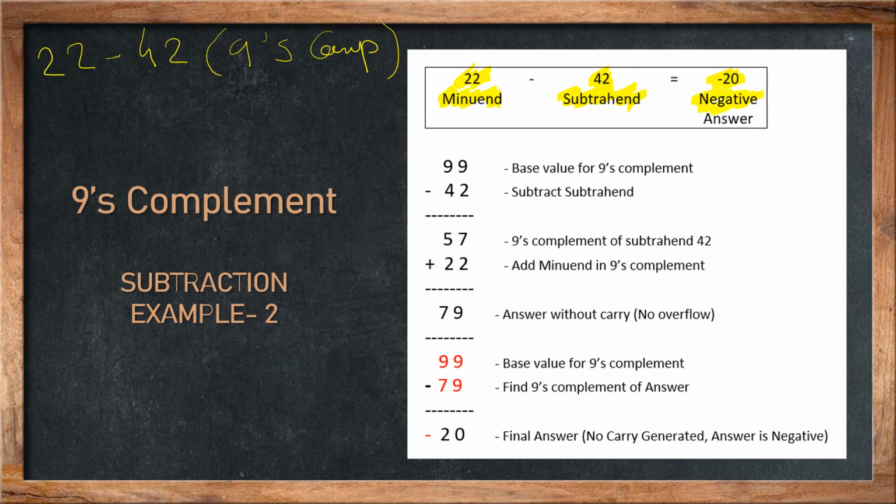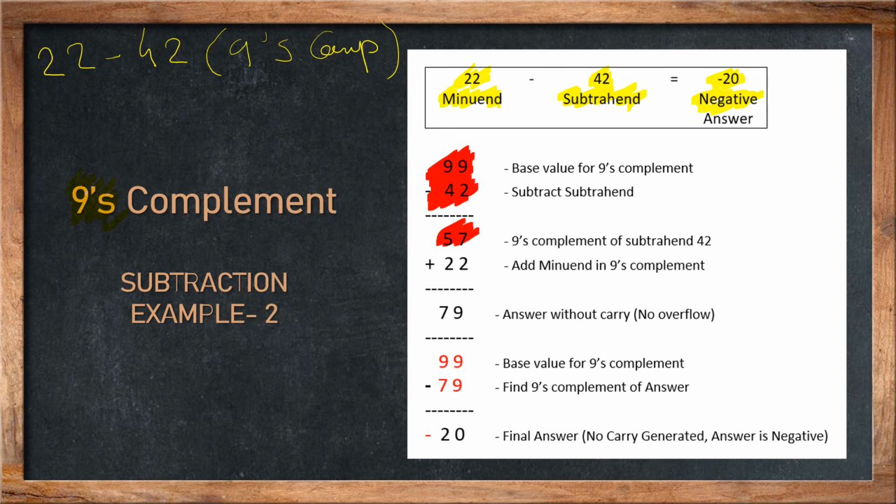So this is very simple. But how do we perform the same calculation using the 9's complement method? We know the rules and we have already performed one calculation. Now let's do the same thing for this example. The very first rule says we have to find the 9's complement for the subtrahend, and 42 is my subtrahend. So what I got as an answer is 57.